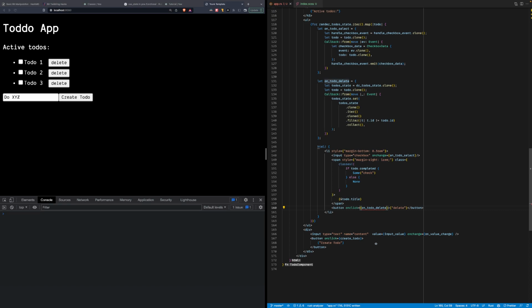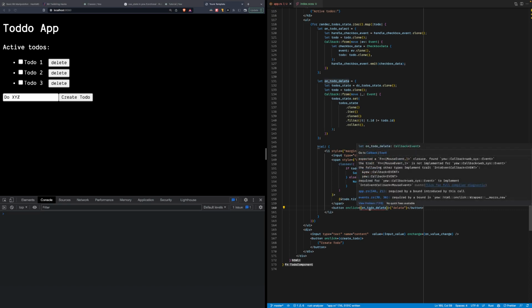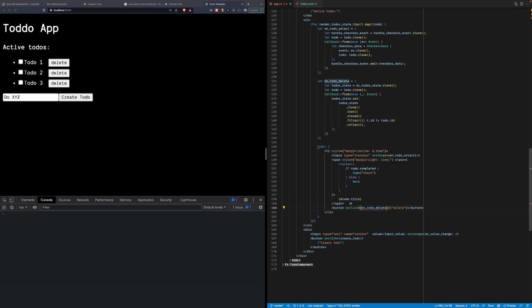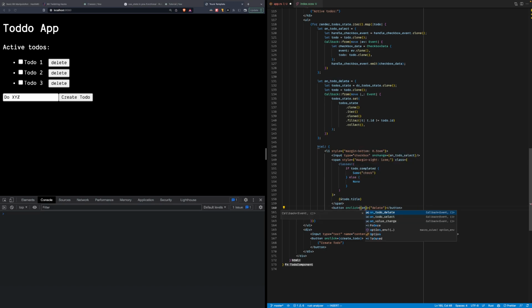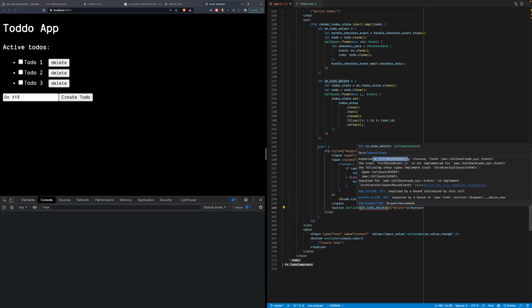There is an error here. Oh, sorry. This should be no. This is fine, right? TODO delete. The issue is expected this, but found a new callback.